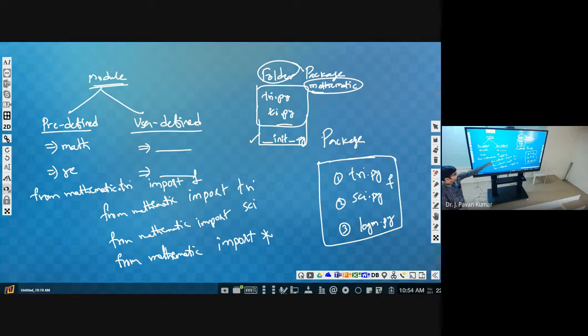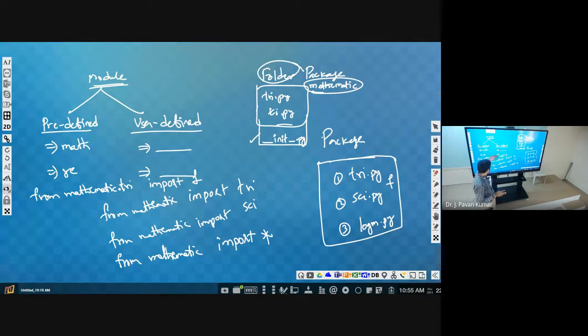If you write from mathematic dot tra dot star, then what are you importing? Importing is the main thing, right? Actual functionality that we want is import only.